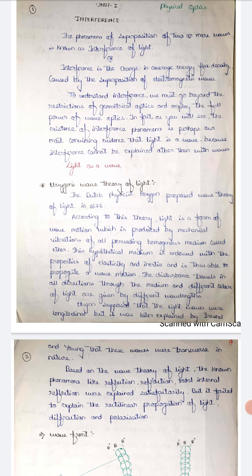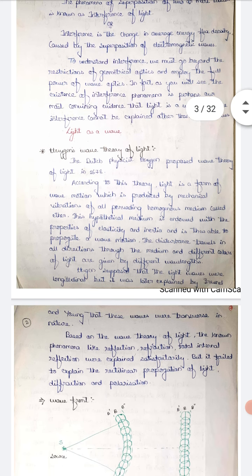Huygens wave theory of light. This is most important for the 2 marks questions. Okay, physicist Huygens proposed the wave theory of light in 1678. According to this theory, light is a form of wave motion which is produced by mechanical vibration of